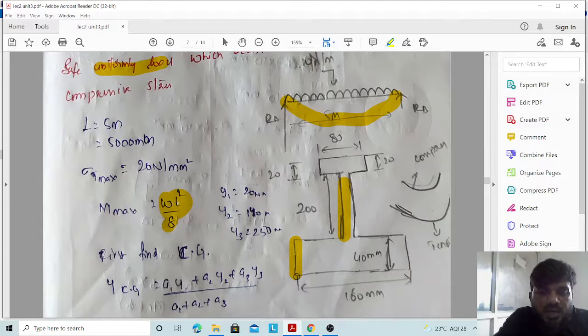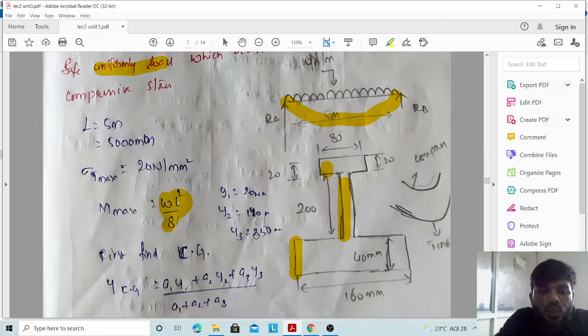You might have already solved this kind of problem in engineering mechanics, so again I am revising once. If I consider this as the origin, this 40 is already fixed, plus half of this length, 200 by 2, which is 100, plus 40. So, the value is 140. Next is y3 for this section. How to identify the CG for this section? From the origin, the total length is 40 plus 200, that is 240. Out of this 240, the CG of this section, which is of height 20, will be at a position of 10 from the top. So, the total distance is 40 plus 100 plus 10.